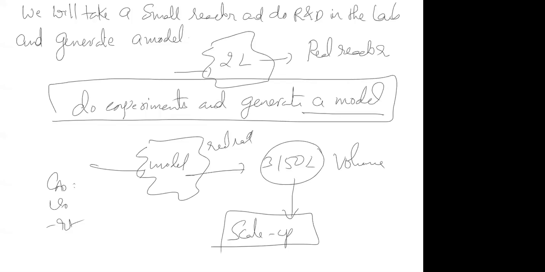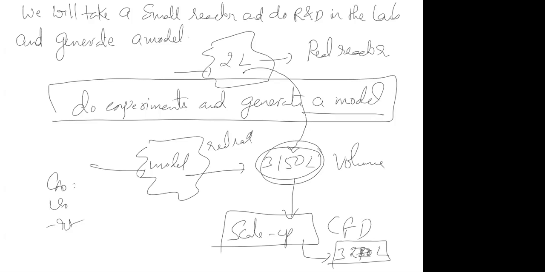What does scale up or CFD that you study do? When you take a 2 liters reactor and scale up to 3150, what is the change in the flow patterns? What is the change in the flow behaviors? That is where you take this 3150 and send it to another concept, scale up CFD. Finally, the volume which is going into the plant is, let's say, 3250 liters, or 3220 liters, or 3270 liters. So that is why you have to do all these corrections.